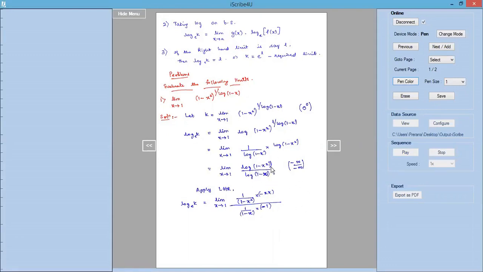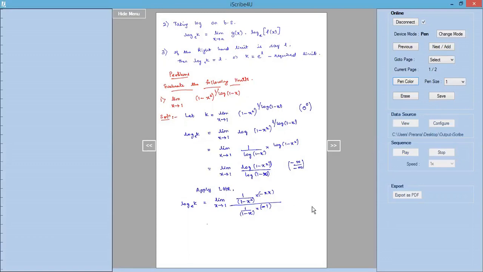So we use the differentiation here. Log of 1 minus x square, differentiation of a logarithmic expression is 1 divided by 1 minus x square into differentiation of 1 minus x square using the chain rule. So we have minus 2x. Constant differentiation is 0. Differentiation of minus x square is minus 2x. Same way in the denominator we have done it. So let us cancel minus and minus both in the numerator and denominator.